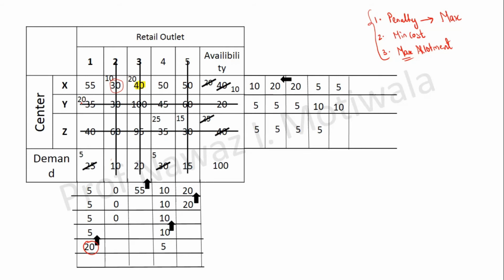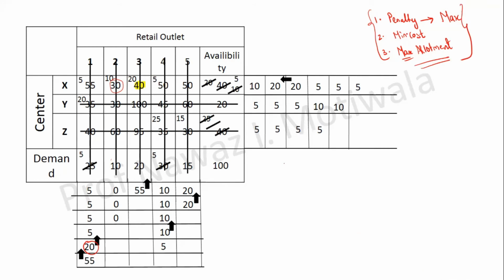Now my question to you is whether we go for penalty again or we can write directly. Directly. 5. Directly, look, in the first column only 1 is remaining for the allocation and there are only 5 units remaining. So I will allocate 5 here. Similarly, in this particular fourth column, 5 units are remaining and only one cell is remaining to be allotted. So here it will be 5. So you can see 5 plus 5, 10 and this 10 will be balanced out. So we can go for penalty method also, we will get the same answer, or you can also go by the shortcut method directly by observation. Any doubts to anyone in this allocation part?